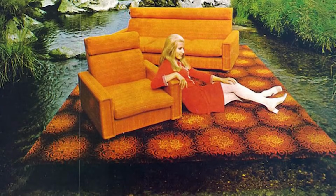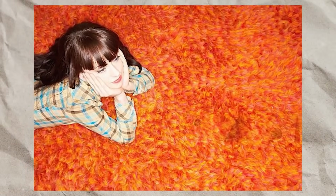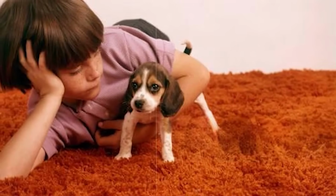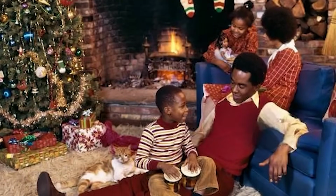It wasn't just floor covering. It was a playground, a napping spot, a daydreaming station, all wrapped into one impossibly cozy package. After a long day of school or a marathon session of make-believe games, sprawling out on that plush carpet was the ultimate reward. We'd invent our own fun, making snow angels by sweeping our arms and legs through the shag,